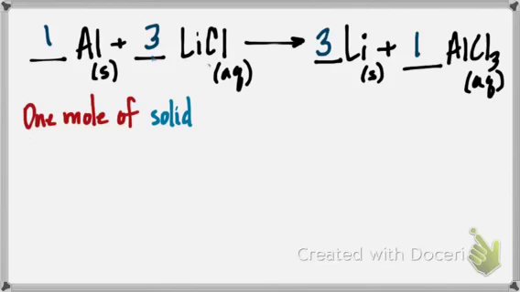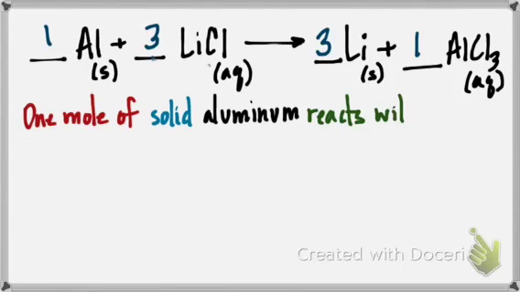Of solid, and then my name of my compound, aluminum, in black. So 1 mole of solid aluminum, and again, I'm color coding it. The conjunctions, the extra pieces, the connections, I'm going to put in green. Reacts with. Now I'm to my units again. 3 moles